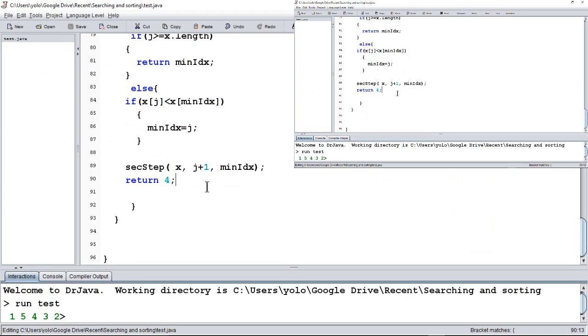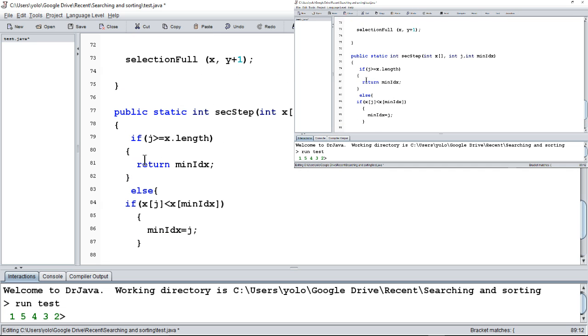So I found out the mistake, which is this return statement does matter. I had a little misconception about recursions, so that was the mistake. If I return this, this will return 4,